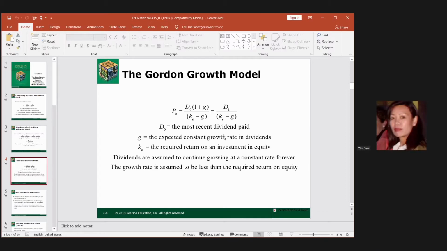Growth rate, company growing, in an exam can be like this one. In this equation, the unknown can be anything. If I ask you for the price, in one equation you can only have one unknown. So if I give you growth, you can get a price. But what if they give you a price, say what the stock is trading at, give you the dividend and the required rate of return? Then you have to ask your question about the growth rate. You can solve that, right? Because there is just one variable.